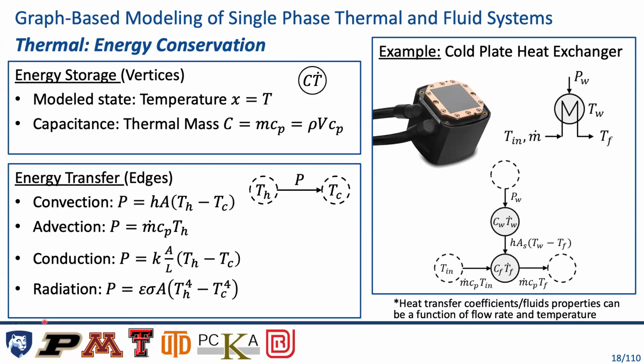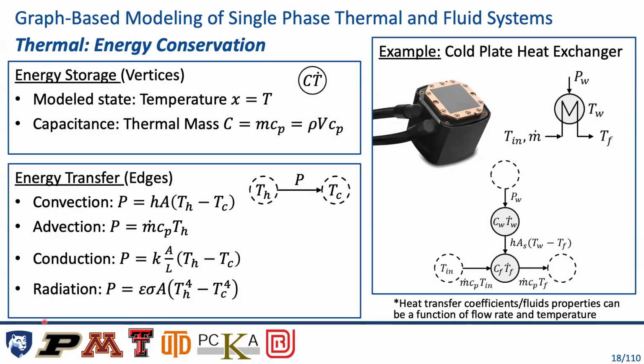We'll start where we actually started modeling these systems. We started modeling single-phase thermal and fluid systems as graphs. Specifically, with thermal systems, which obey energy conservation, as Herschel had mentioned earlier. The key thing to building a graph model is understanding two things. How is energy stored and how is energy transferred? That gives us insights into how we model and represent our vertices for storage